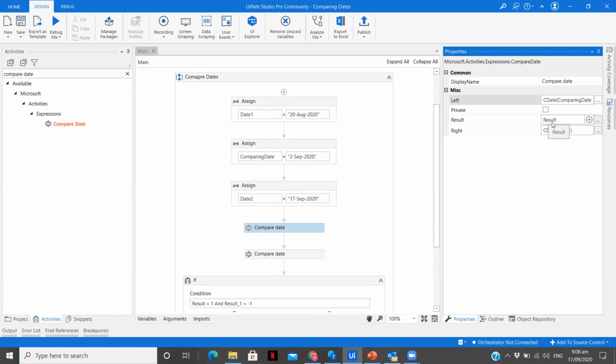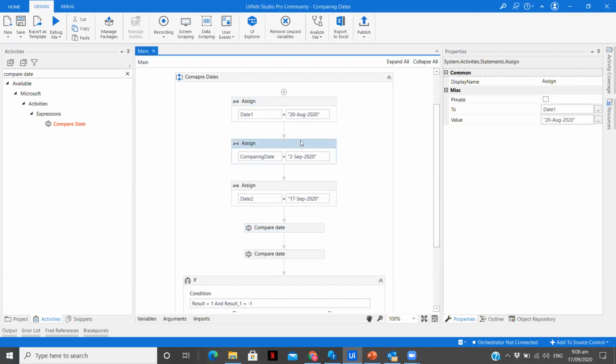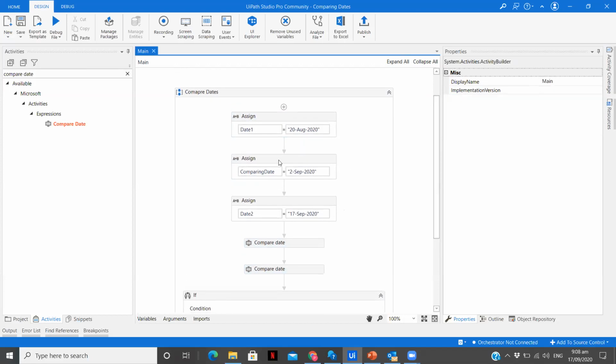Now if the result is 1, that means the comparing date is greater than date1. In the second one, we are comparing it with date2, and the output is stored in result_1. If the first output is 1 and result_1 is -1, that means the date is smaller, so my comparing date lies between that specific range.